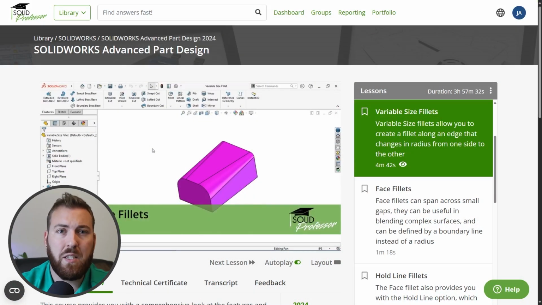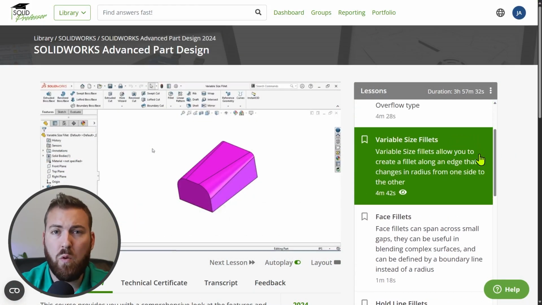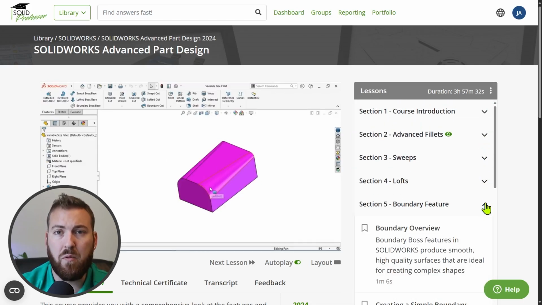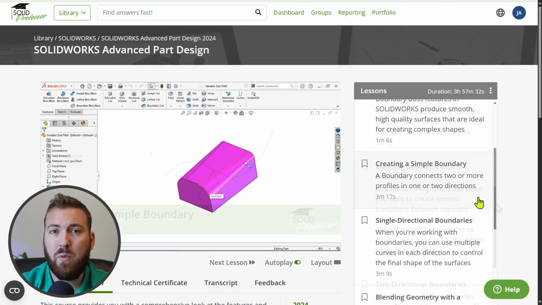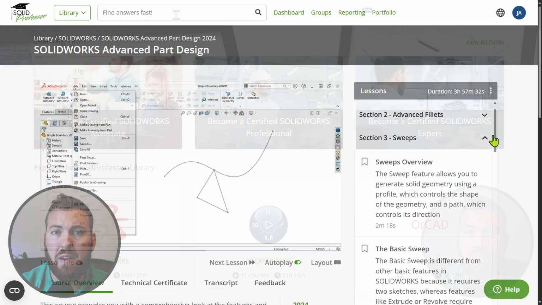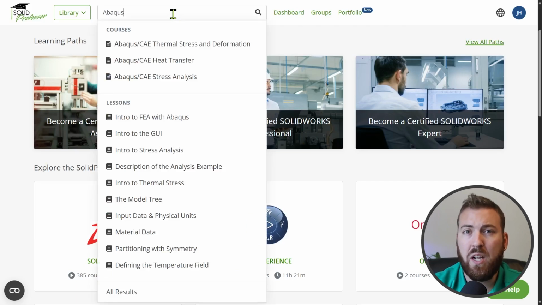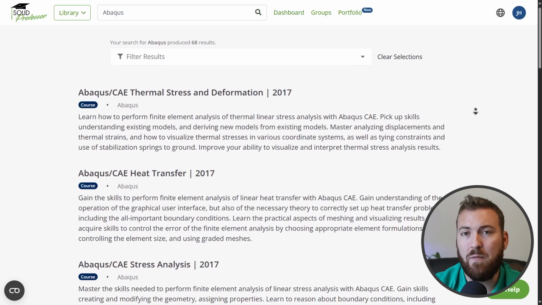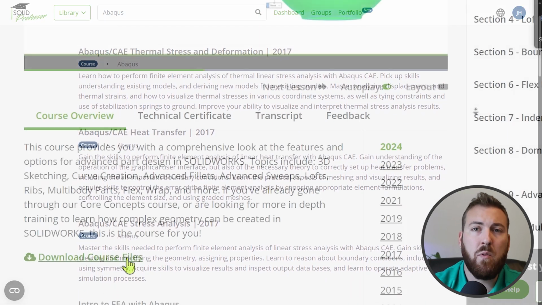The self-paced lesson format used by our courses allows you or your team members or students to learn as time allows without interrupting other important tasks. And since you're able to revisit any lesson at any time, you never have to worry about falling behind. You can also search by subject when you need to troubleshoot specific issues or quickly come up to speed with a specific workflow. Downloadable files, practice